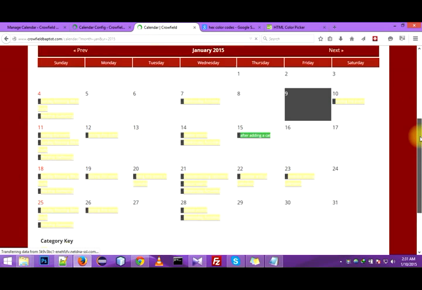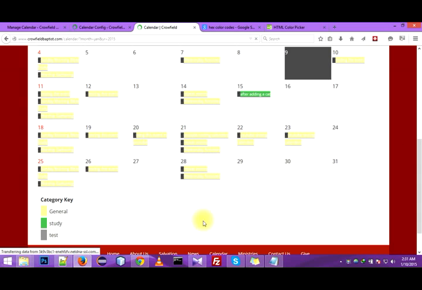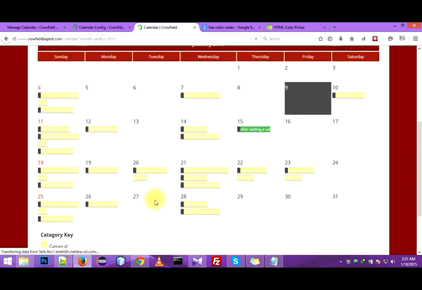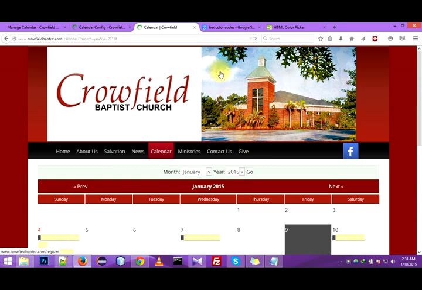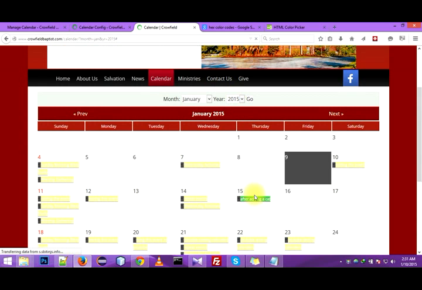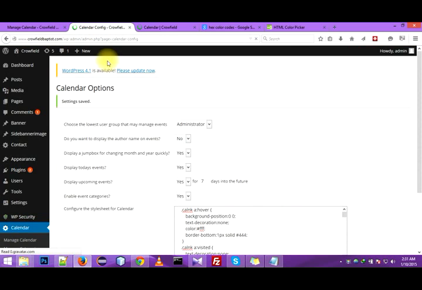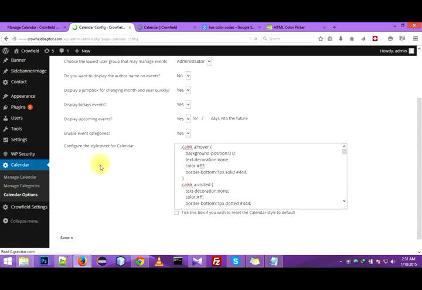Even the users can see what these categories are down here. If they scroll down, the names with the colors: green means study, and the gray means test, sorry, the yellow means general. So if you click this one, it is not going to redirect because I didn't give any link there. So that's all